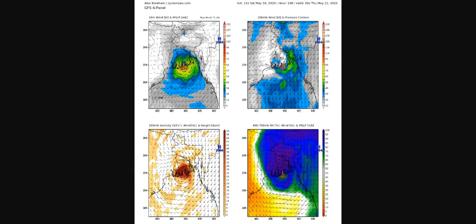The latest GFS run, again at 12Z today, does actually show Amphan having a bit of trouble with that drier air, sometimes showing a bit getting into the core and keeping it a bit weaker, so it only really bottoms out in the 960 millibar range, which is better than it was showing the other day, with it being like 30 to 40 millibars more intense, which would be absolutely catastrophic if it moved into this region of Bangladesh. Still, even with this weakening, it would still be a bad situation for it to come in